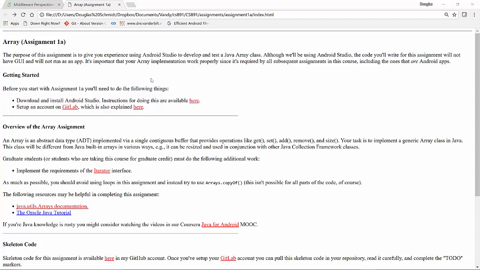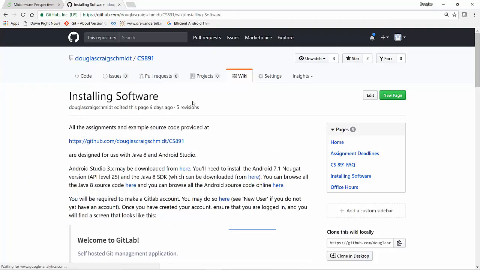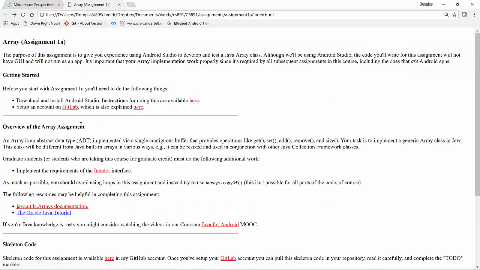Before you get started, you'll need to do the following things. You need to download and install Android Studio. You can find instructions for doing just this if you go to this link from the CS891 website. Likewise, you'll also have to set up your account on GitLab, which is also explained on my website here under